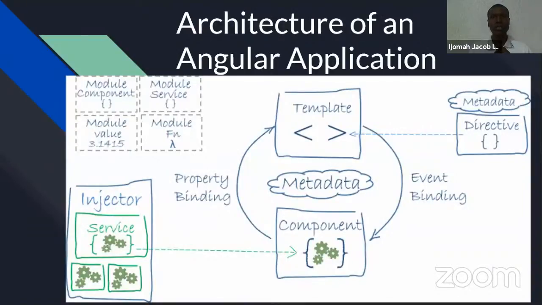So we'll just stay on the architecture. This is a brief architecture of the Angular framework, making note of the templates and the component interchanging. On this side is event binding. On the other side is property binding. Property binding is where we pass data to objects, data in object form that has properties and values. They can be bound from the component to the template. They can also bind events from templates to the component. Then the directives are